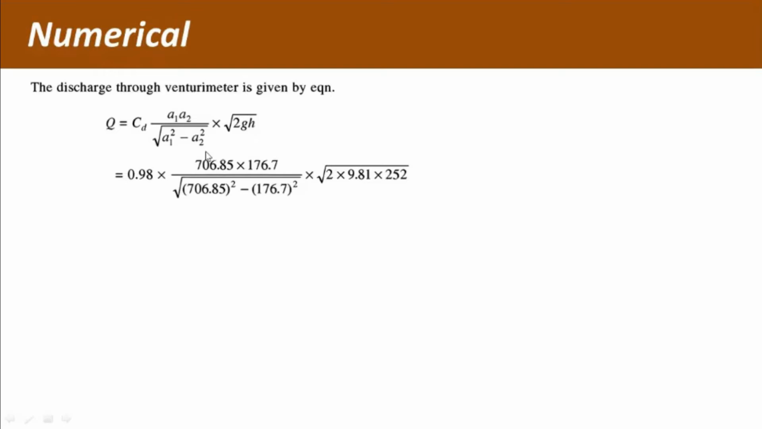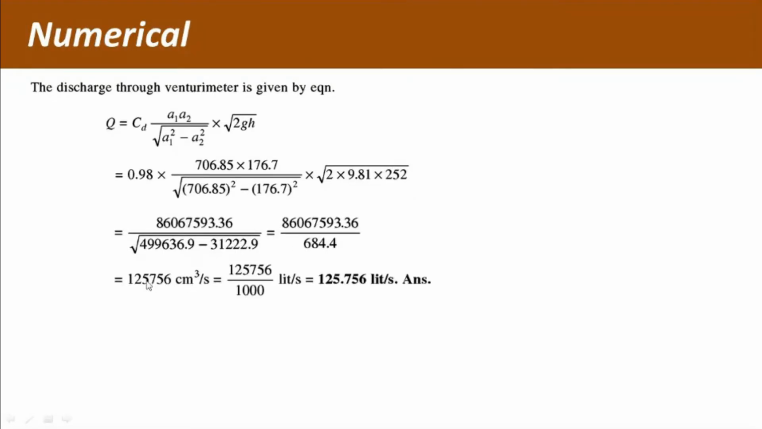A1 is 706.85 centimeter square. A2 is 176.7 centimeter square. Divided by root of A1 square minus A2 square, so under root of 706.85 square minus 176.7 square, into under root of 2GH. H is the Venturi head. So it is under root of 2 into 9.81 into 252. You can solve this on a calculator. So it basically comes out to be 125,756. यहाँ पे हमने सारे वैल्यू सेंटीमीटर में लिए है, so it is centimeter cube per